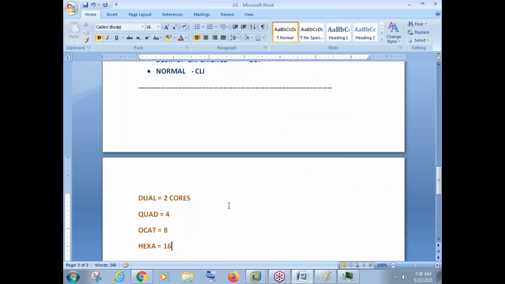The reason is, one processor is a physical processor, but a physical processor can be dual core, quad core, octa core, or hexa core. Core means a logical processor. So when your processor is a dual core processor, that means one physical processor has how many logical processors? Two. When you go with quad core, one physical processor has totally four processors.